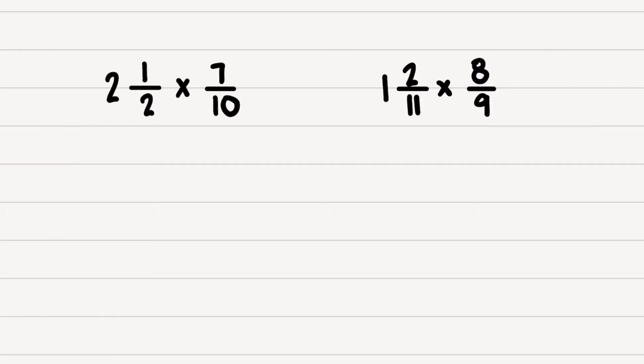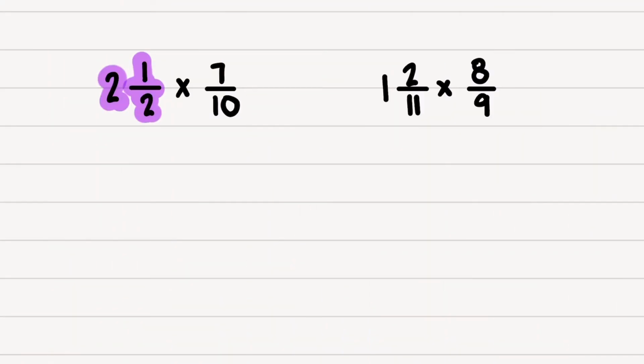Okay, looking at the next example, I have 2 and a half. So that's a mixed fraction. I'm going to start by changing that mixed fraction into an improper fraction. Remember, when we're adding, subtracting, multiplying, or dividing fractions, we always want to first change our mixed fraction into an improper fraction. So we are going to say 2 times 2, and then we're going to add the 1. So 2 times 2 is 4, plus 1 is 5, over the original denominator, which is 2, multiplied with 7